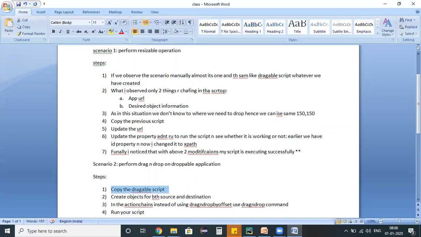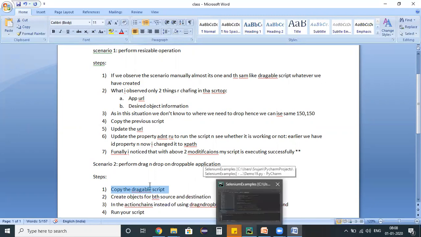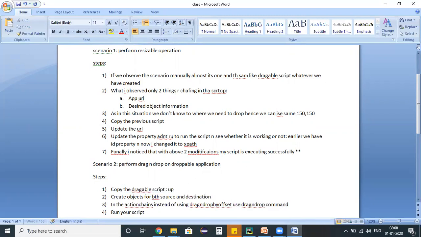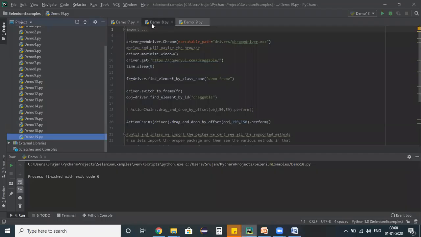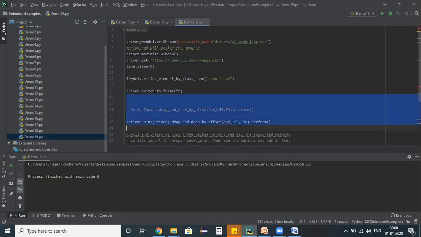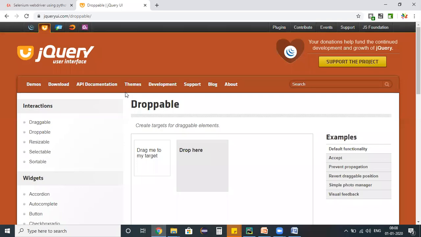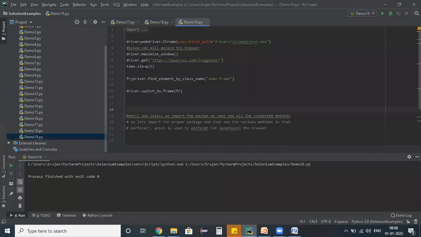So I have already copied my draggable script. Now let me try to create an object for both the source and the destination. Prior to that, once you have copied the script, update the URL, delete the object creation, and delete the actions chain command. Delete all the three commands. See, in the new script, I'm just deleting this draggable object creation and this actions chain, and I have to update the URL to droppable, copy the URL, and update it in your script. That's it. Here we need not wait this much time, hence I'm giving it as 3